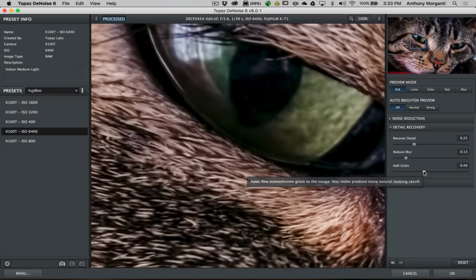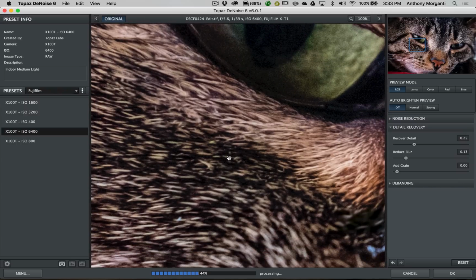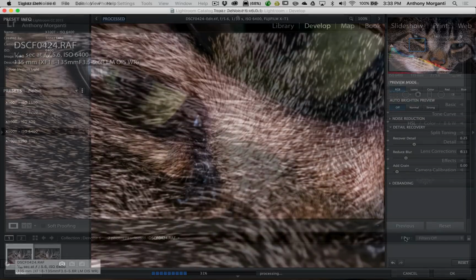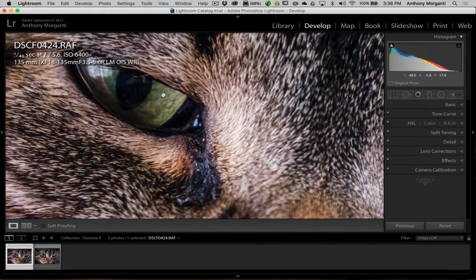This add grain is pretty high with this camera preset at 0.4. So I'll turn it all the way down, and I really didn't see it do anything to the image. So looking at it now, I kind of like where it is just the way it is. We don't have to worry about debanding. We're just going to click OK. Now I'm going to pause the video again as this takes a while to process, and we'll be back in Lightroom in a second. Okay, we're back in Lightroom, and I have it set on the original raw file, and